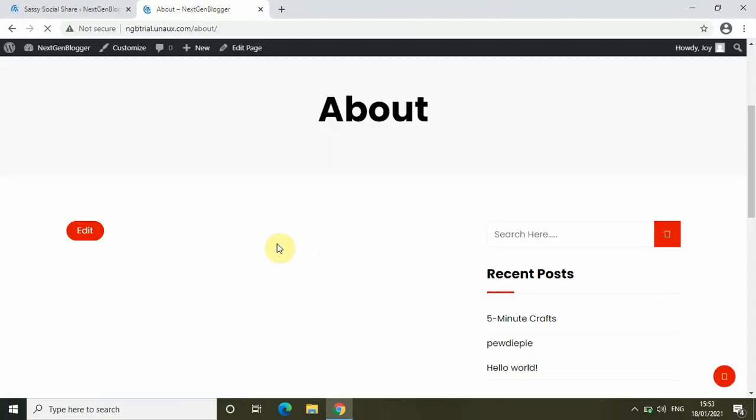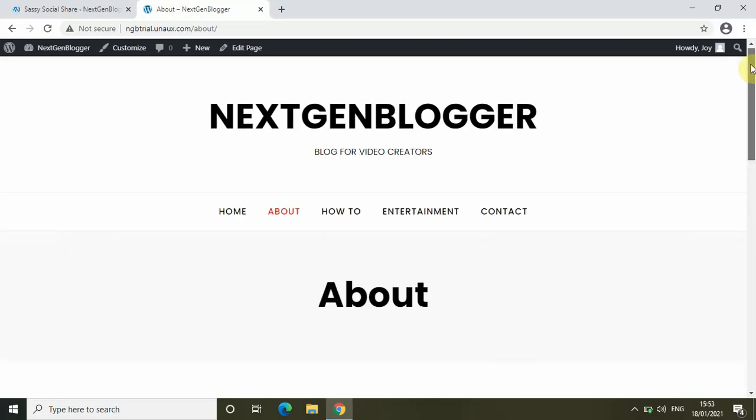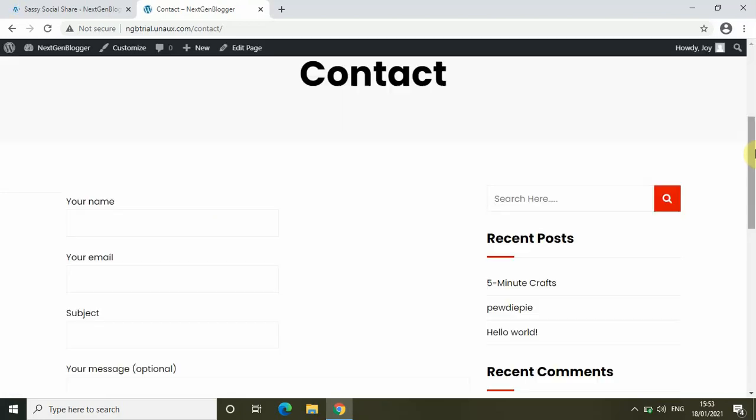As you can see, there are no social share buttons on the About page, and it's the same with the contact page as well. If I just go to my contact page, you won't find any social share buttons on my contact page.